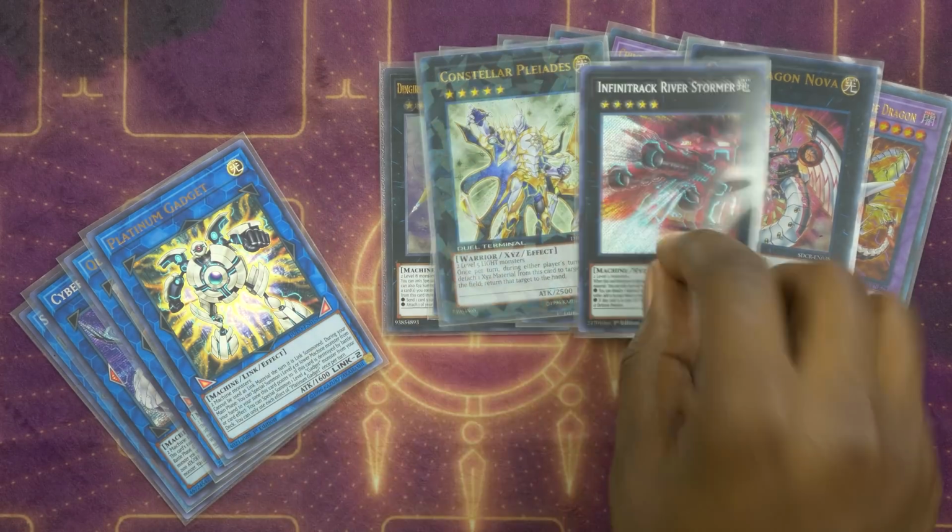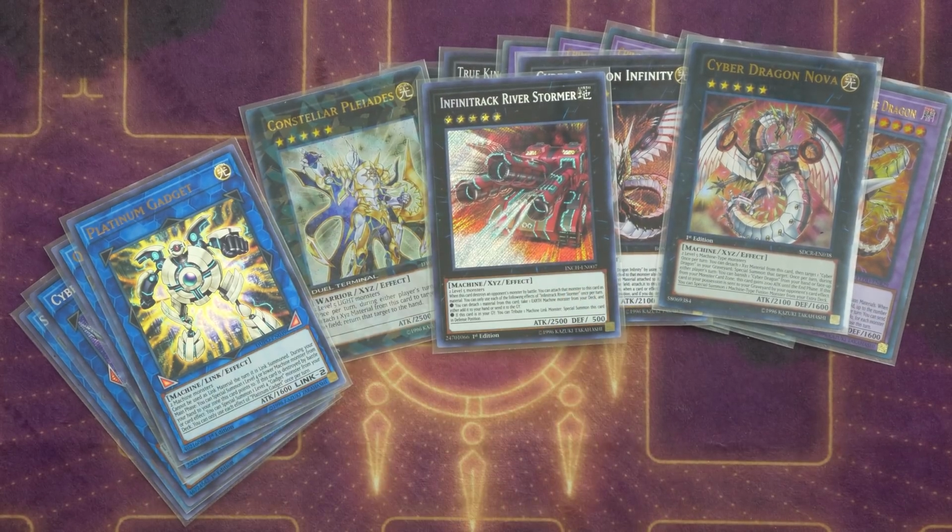In place of the Infinity and Nova, I am running a River Stormer and a Constellar Pleiades. Now, the reason why I'm running these 2 cards in their place is because Pleiades is just a great generic level rank 5 monster that has excellent disruption, and River Stormer is a part of the combo that allows me to True King Calamities the opponent. Of course, we finish off with the True King